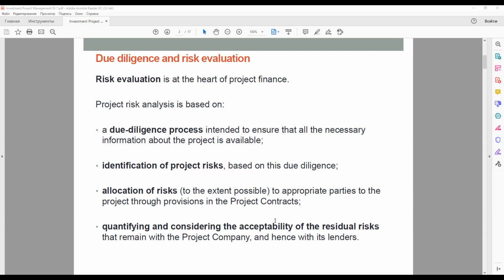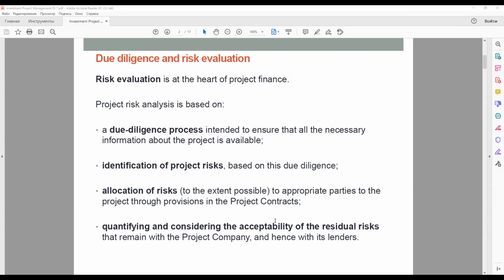Nonetheless, lenders have to be confident that they will be repaid, especially taking account of the additional risk from the high level of debt inherent in project finance transactions. This means that they need to have a high degree of confidence that the project can be completed on time, on budget, is technically capable of operating as designed, and that there will be enough net cash from the project's operation to cover the debt service adequately.